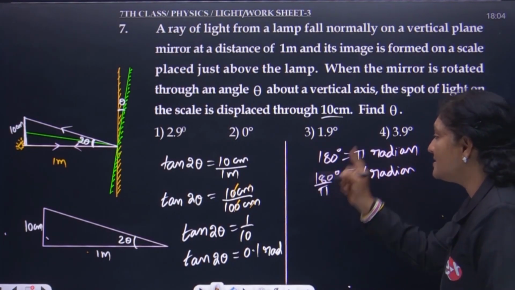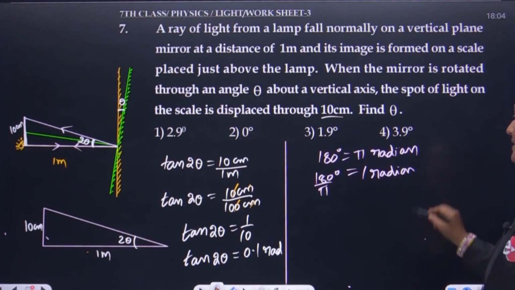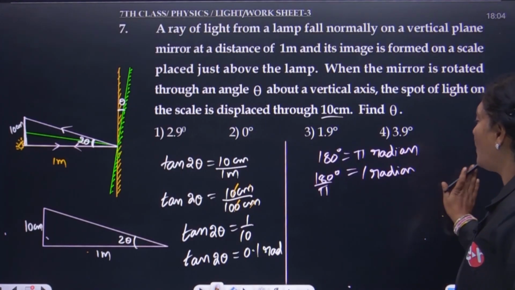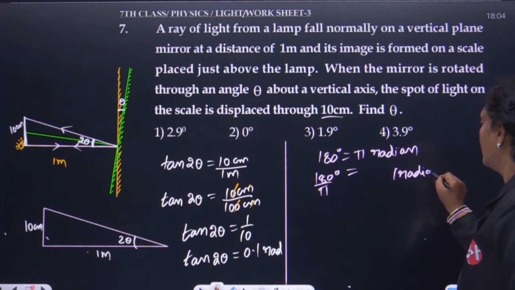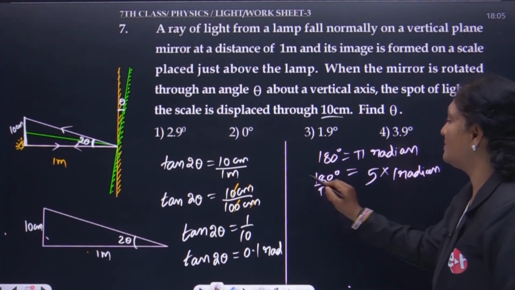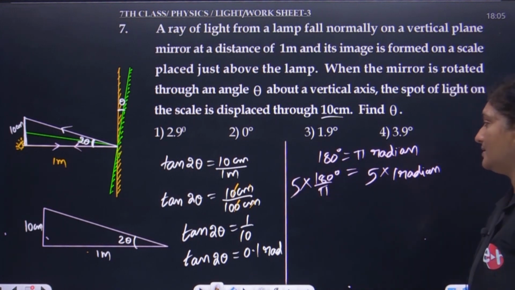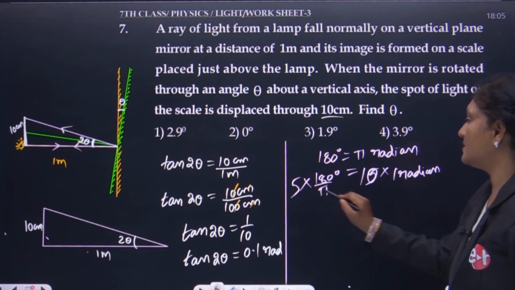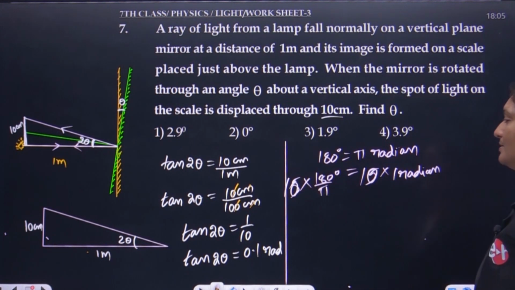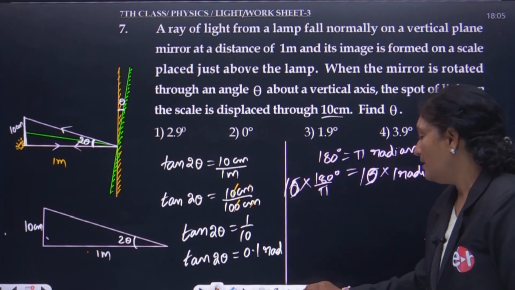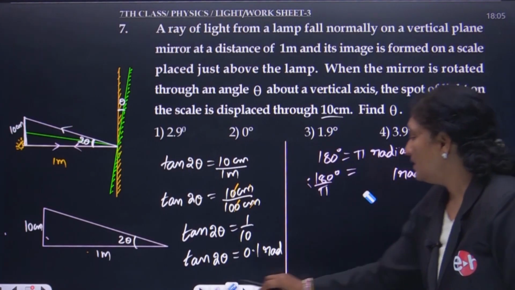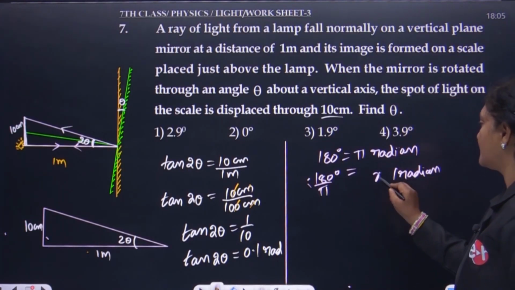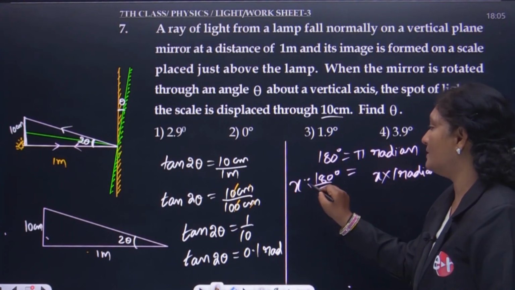Similarly, 5 radians is 5 times 180 by pi, and 10 radians is 10 times 180 by pi. Similarly, for some x radians,